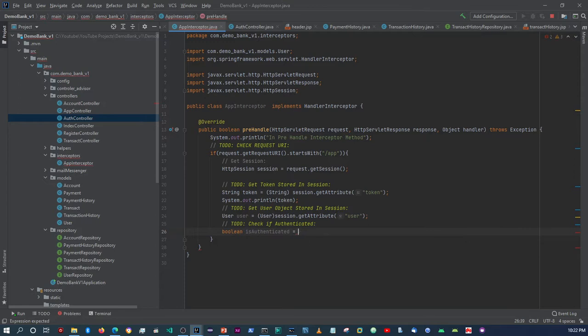This will be passed to a boolean. We're gonna say session.getAttribute, and then we're gonna say